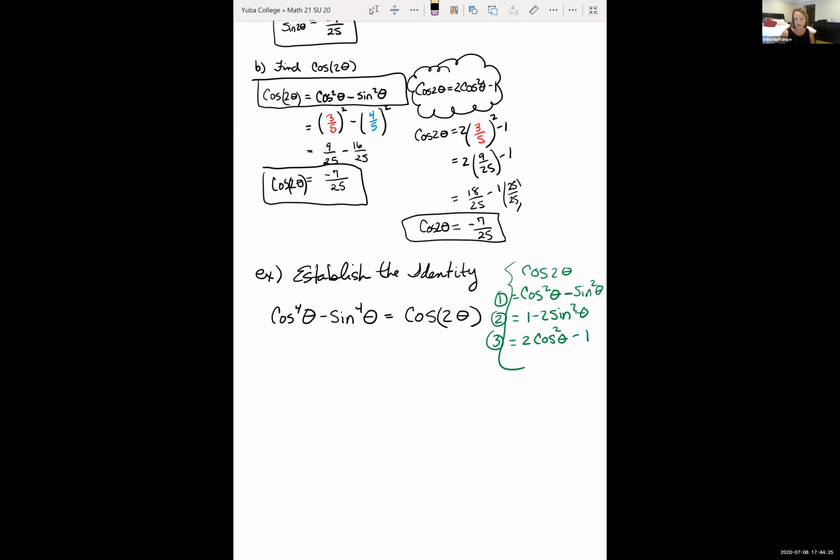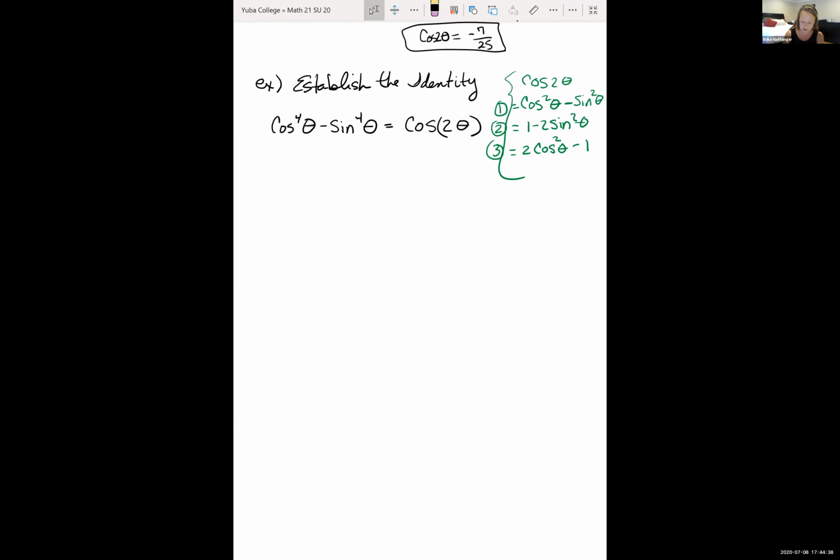Okay, so we can keep that in mind while we're working with the left-hand side. And so again, showing identities, you're only choosing one side to work with and manipulating it to look like the other side. And so working with the left-hand side,